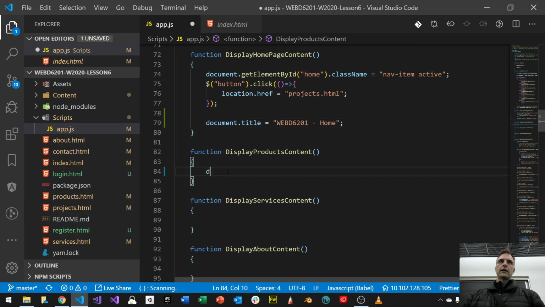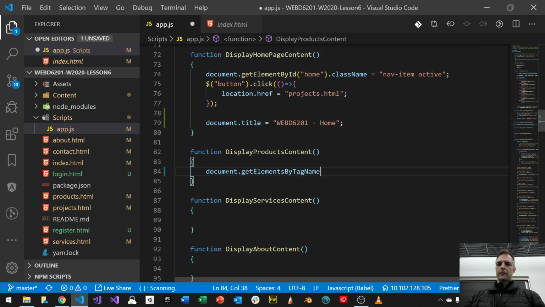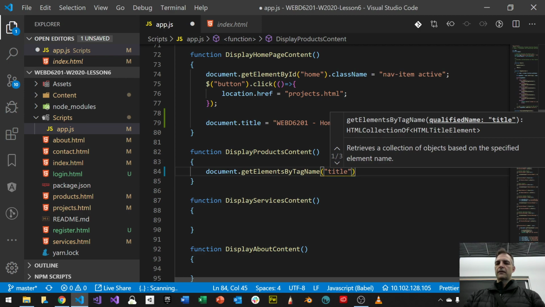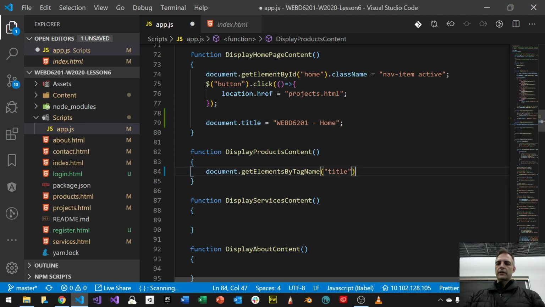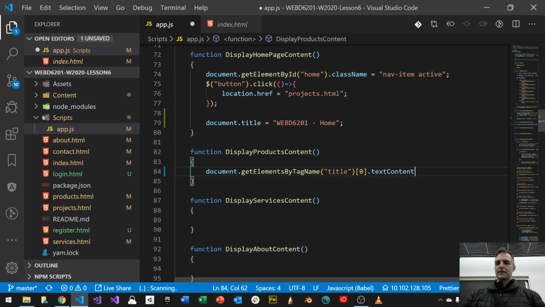So I could say document.getElementsByTagName, and then open up the tag name and say title. There's the title tag, right? So I want only the first element. There might be more than one title element, I guess, right? And then I can just literally say textContent is equal to whatever I want, which is WEBD6201, and then